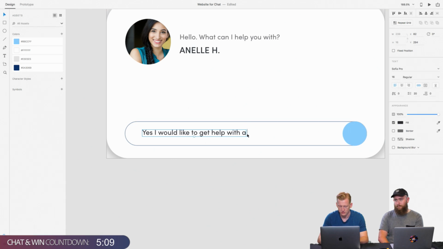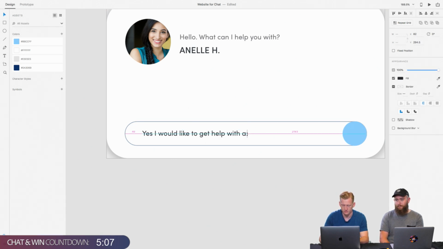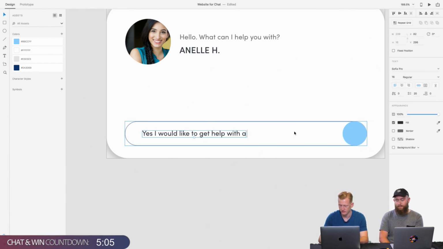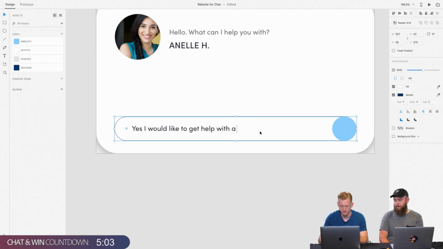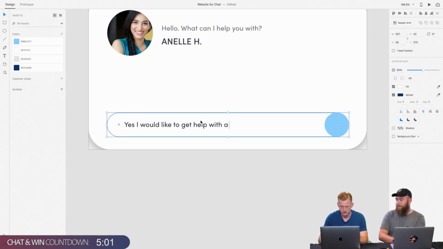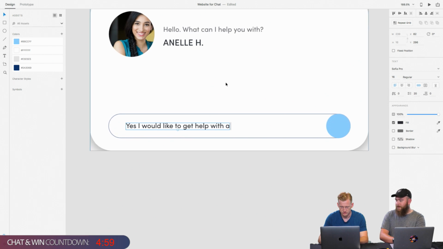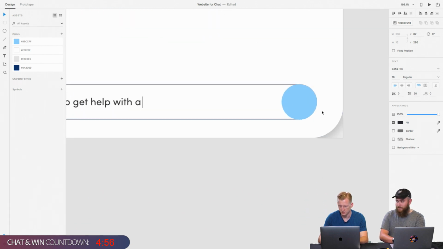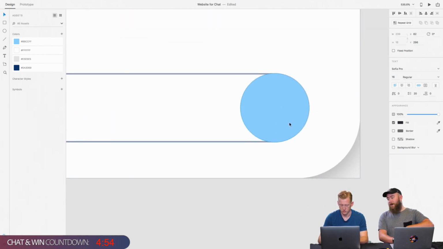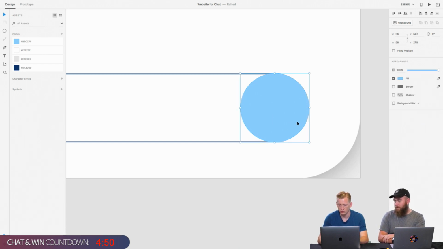Exactly. I do need to center this text, though. Do we have this text at 16? Great. That's perfect. All right. It's looking good, man. Yeah, I actually like it. So now do you need another icon there that you're going to make? Yeah, I mean I can grab an icon or I can do